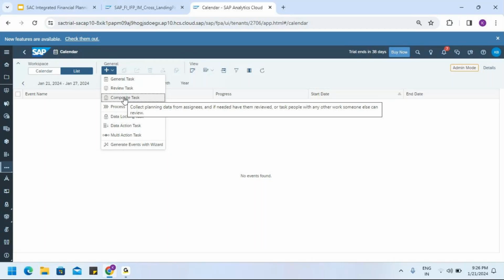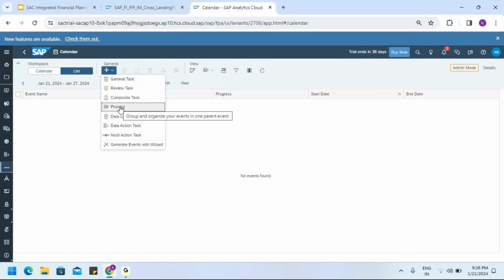And you can also create processes, like in BPC we used to call it business process flow. Those processes you can create. So operational expenses is one process, product cost planning is one process. These are not delivered by SAP, you have to create them. So once you create these things, the end user, the planning reporter as we call him, is going to